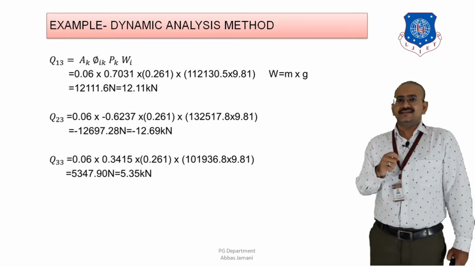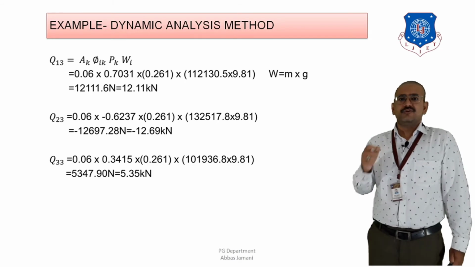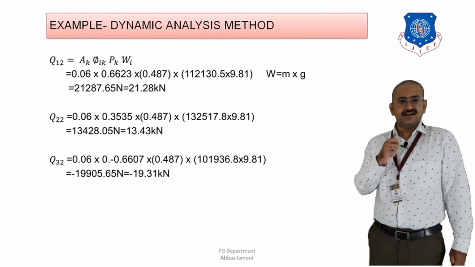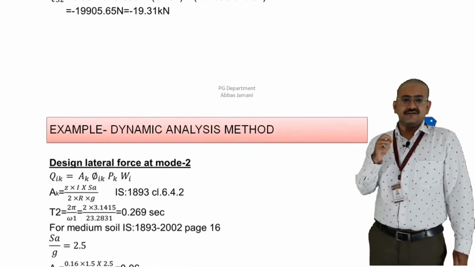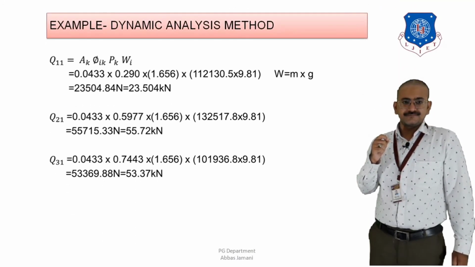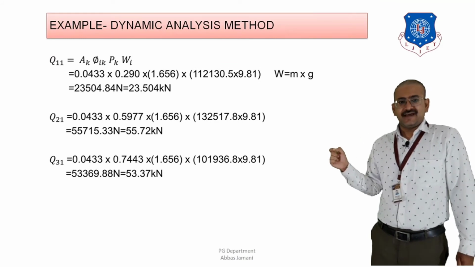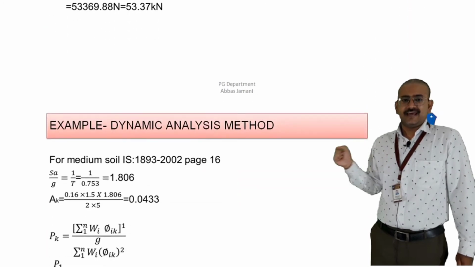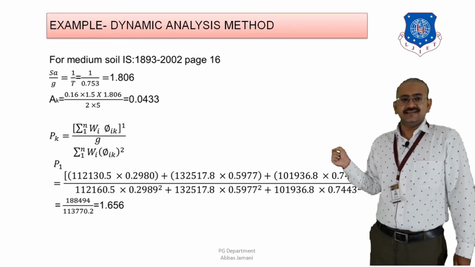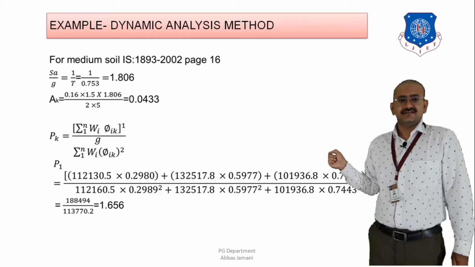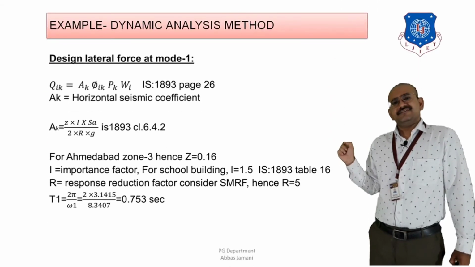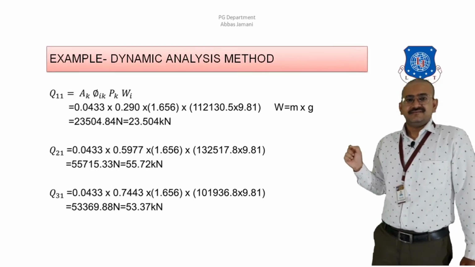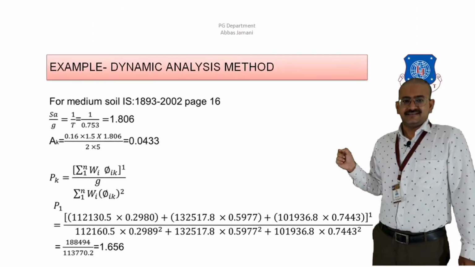So what has happened is that whenever the time period is more, the corresponding values of lateral loads, if I see, are in the range of 23, 55 and 53.37, right? And where the time period that we have taken is how much? You have seen that the value of time period is 0.753, right? So when the time period is 0.753, then the percentage of earthquake that is there,